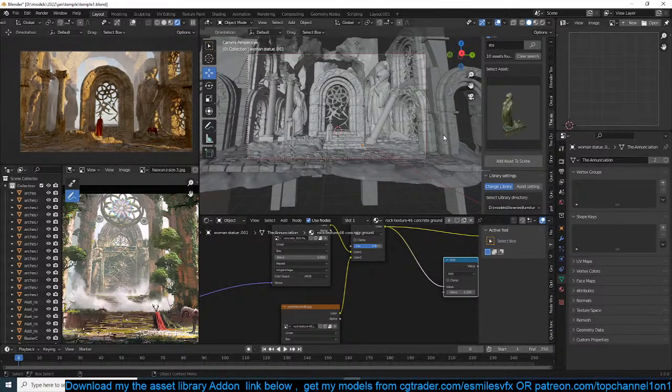Yeah, I think that's how it's going to be. Let's see, 20 millimeters, and just